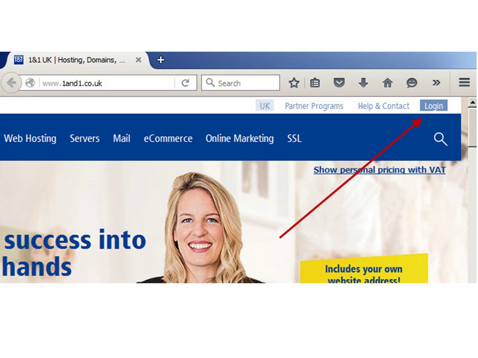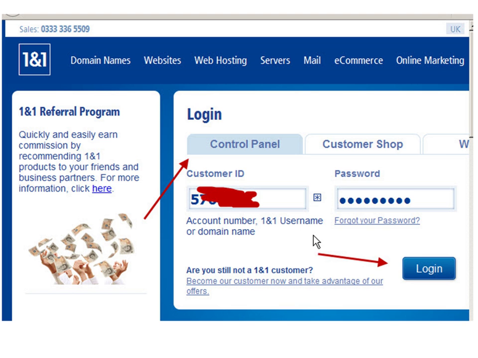In this video we're going to do a scripted install on one-on-one, and to do that we go to the website www.oneonone.co.uk and we click on the login icon to log in. You'll be given an option of logging into the control panel, shop, or the webmail. We're going to log into the control panel, so just enter your ID here and your password and then click